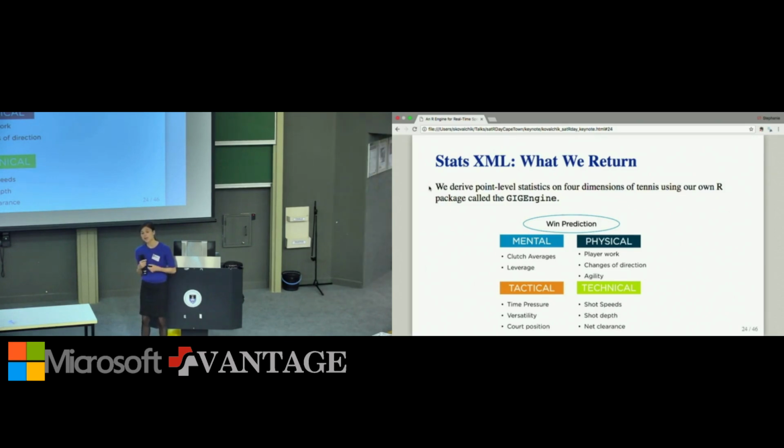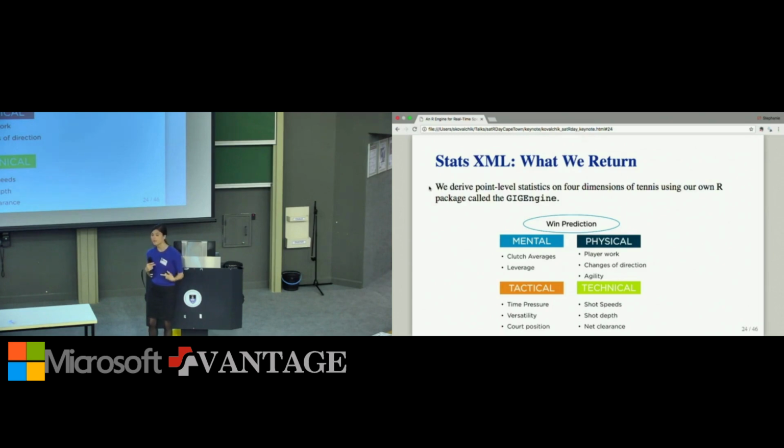Within that XML file would be the updated information about our expectations of the likely match winner, which will include information about the current score and how each player has been serving over the course of the match, as well as our pre-match expectations. All of that's taken into consideration in our in-match forecasting method and is included in our XML output.